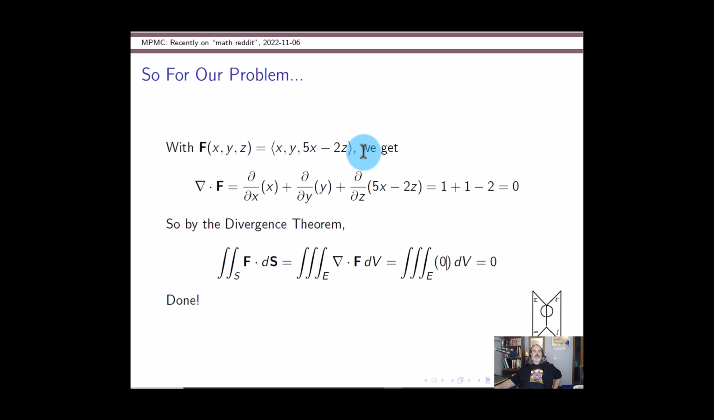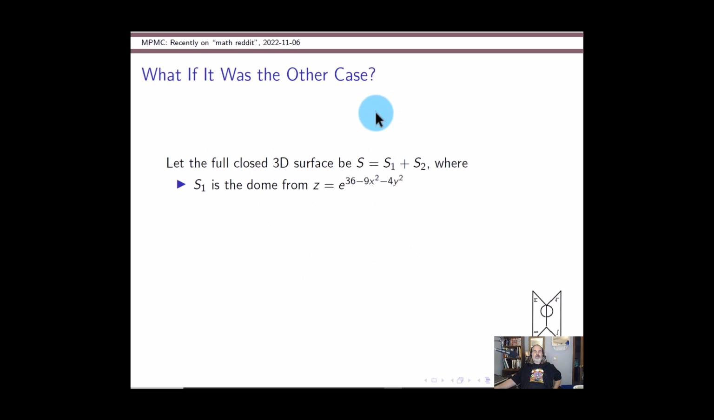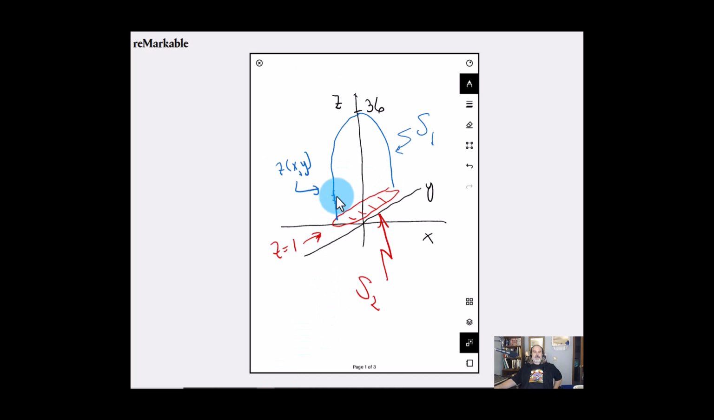Now, suppose we're not interpreting the problem correctly, and the problem really just wanted us to calculate the flux over the dome down to the plane z equals 1, but we're not considering the flow across the plane at the basement of the surface itself. Well, then what we're going to do is name the pieces of the surface: S1 for the surface of the dome and S2 for the circular plane down here at the bottom. If the problem is only asking us for the flux across S1,